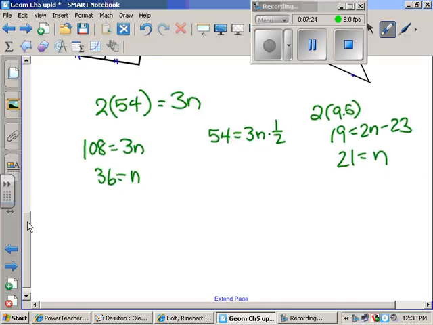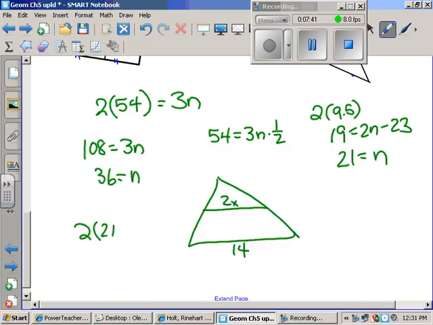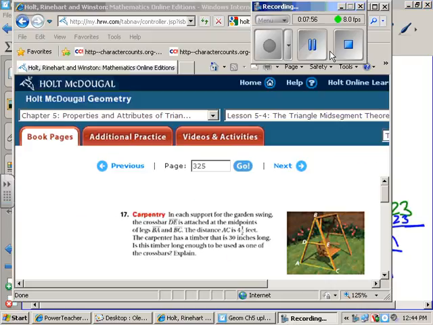Okay, and just be real careful. If I gave you this problem tomorrow, how would you set that up? Sahara, how would you set that up? Yeah. So I didn't want to give the impression that you always just double the number, right? You double whatever the midsegment is, right? Good. All right. So 12 plus 7 plus 7 plus 12 plus 7 plus 7 plus